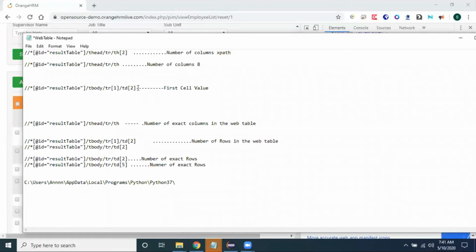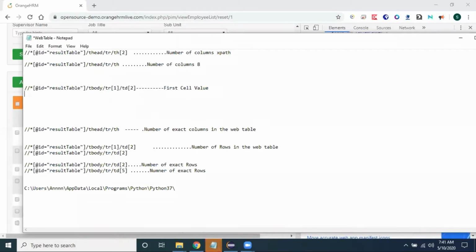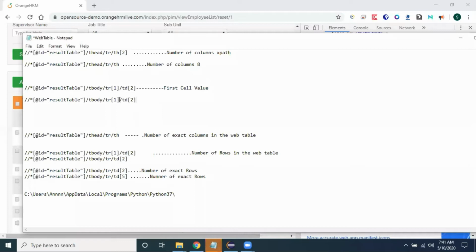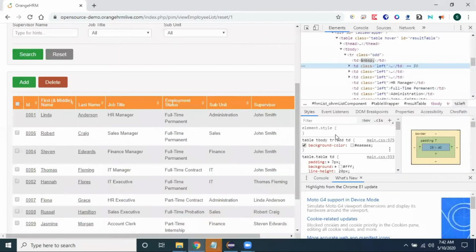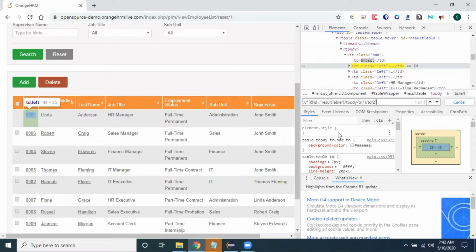Suppose I want to know the number of rows in a particular column. What I am doing in this one is removing tr of 1. Previously I removed th of 2 so that I could find out the number of columns. Now here I am removing tr of 1. First I will show you this one. If you come here, Control F, Control V, it selects this one.